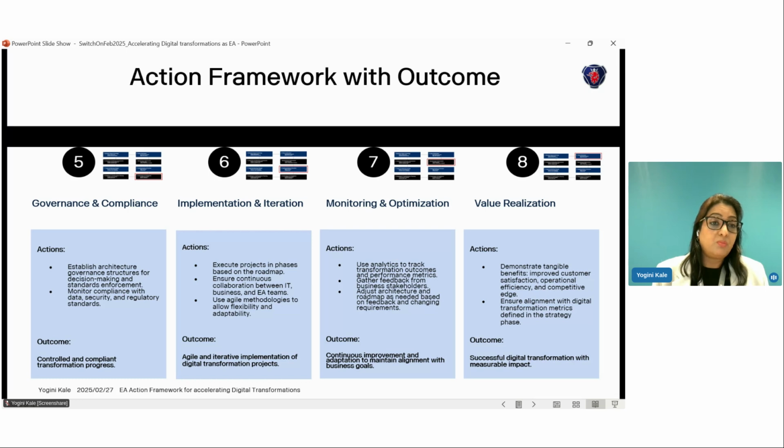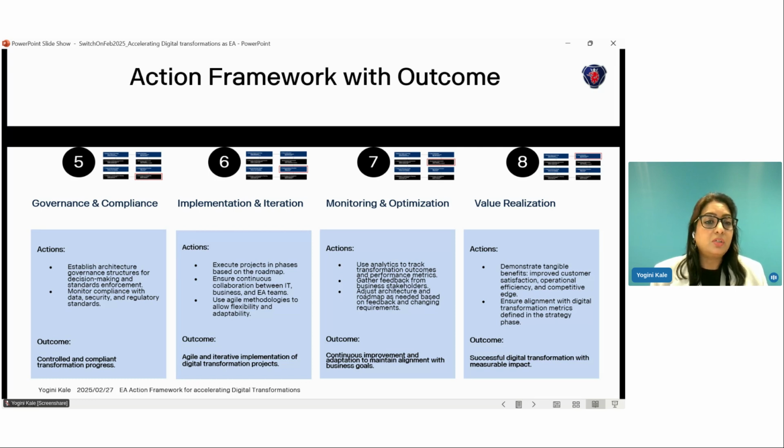This is a very important value add from the EA perspective in terms of making sure that it is part of the transformation itself and it is taken care of proactively instead of trying to fix it reactively after the damage is done. So, as a part of this, we can establish